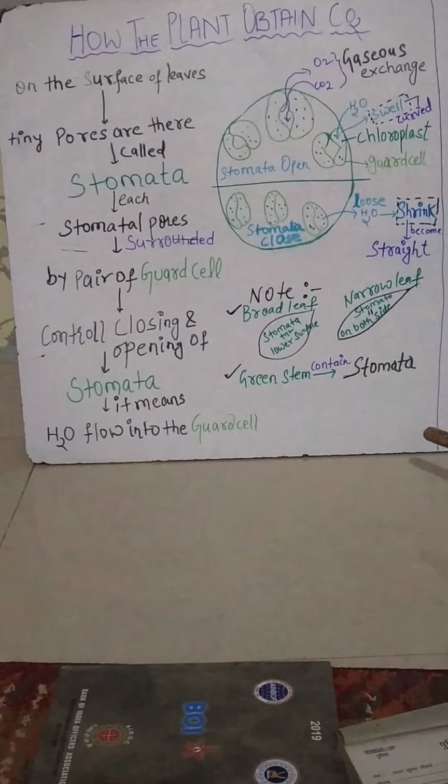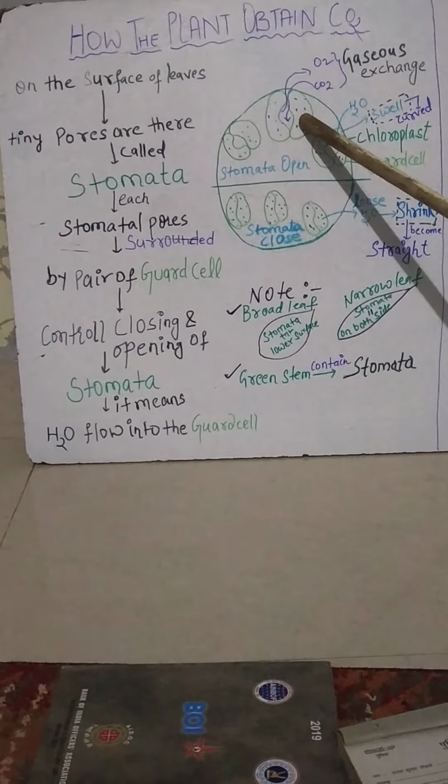And the last one is aquatic plants. How do aquatic plants carry out the photosynthesis reaction? These are plants, so they must carry out photosynthesis for the preparation of their food. But how do they get carbon dioxide? They get carbon dioxide which is present in water. So aquatic plants utilize CO2 present in water. So this is all about how the plant obtains carbon dioxide.